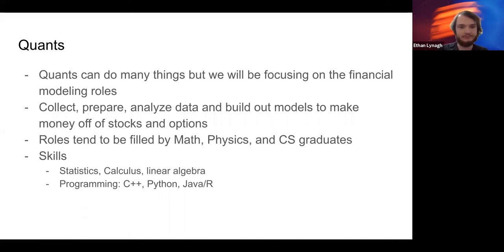It's a lot of math, and that's where the other majors tend to come in. Some skills usually held by these positions are pretty strong statistics, calculus and linear algebra backgrounds. Linear algebra, of course, is incorporated into the other two, but it's a very math-heavy process. And then a lot of quants will usually work in Python or C++. Usually a lot of the models are written in Python, and then they're moved to C++ because C++ is a faster language and can execute quicker. And the name of the game when you're trading stocks is how fast stuff is moving. And then also occasionally Java and R are used as well.